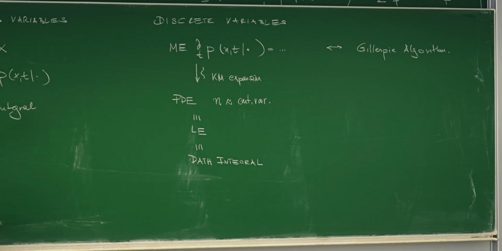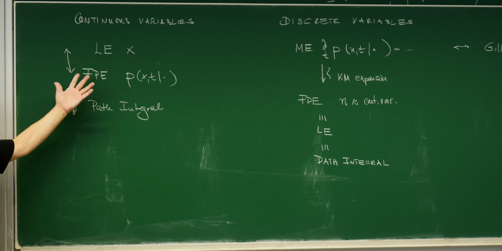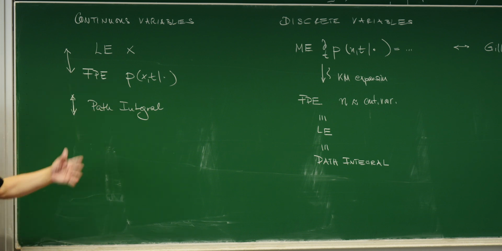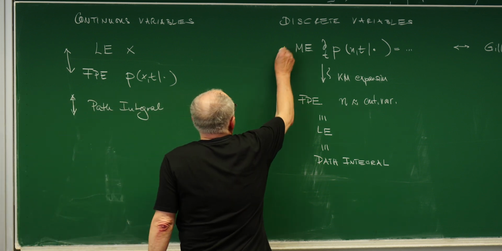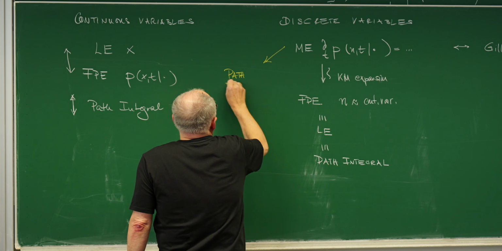Once you have shifted from a discrete representation to one that's analogous to a continuous representation, you have the same kind of tools and the same kind of analogies. What we ask now is, if you start from here and you derive a path integral,